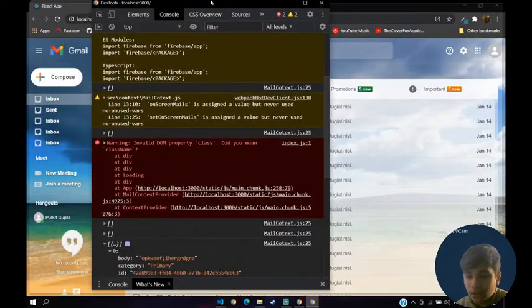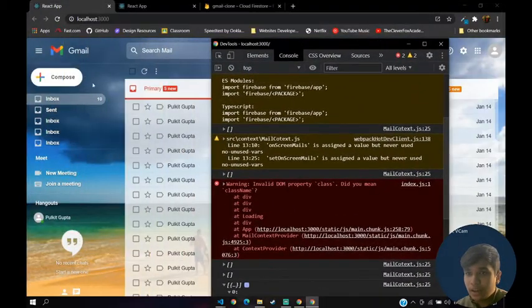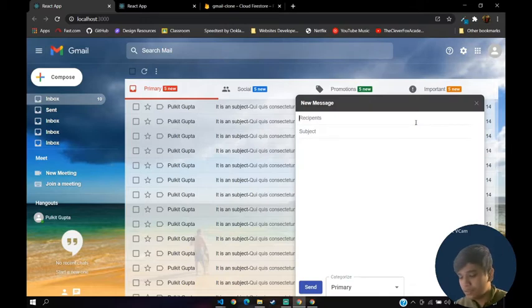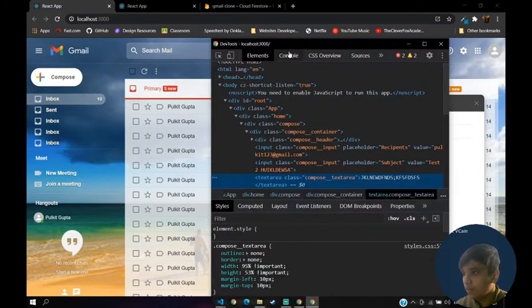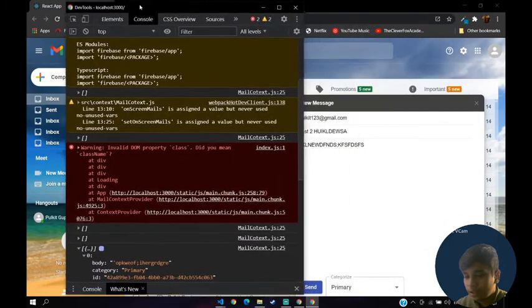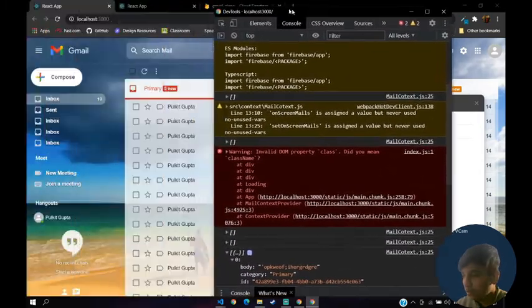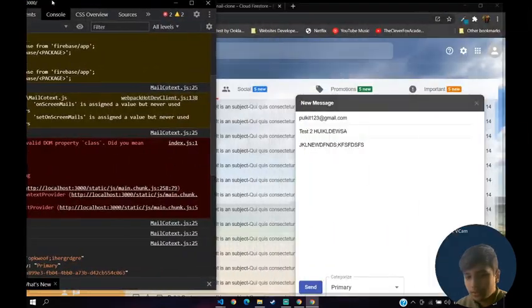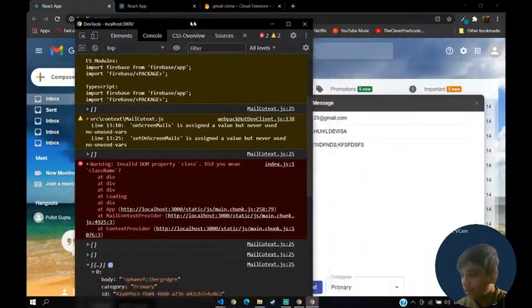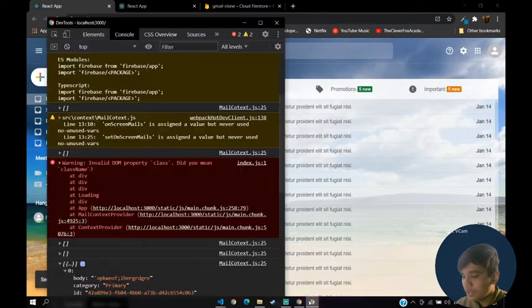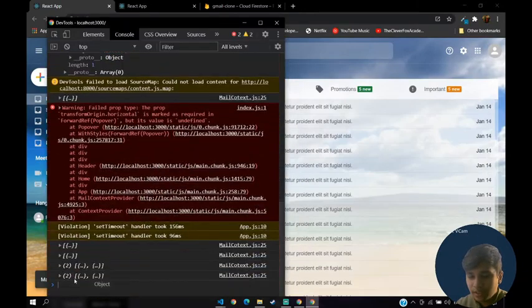Now if I type something here, recipients of my name, subject test 2, then I'll just type anything. Now if I open up inspect and click on send, it will immediately check that and immediately return another array.